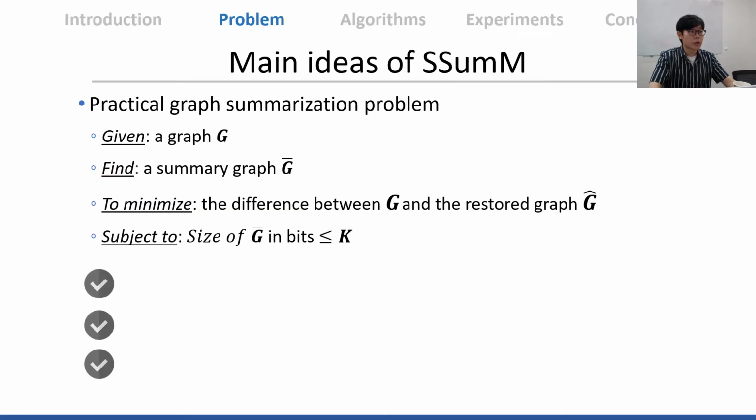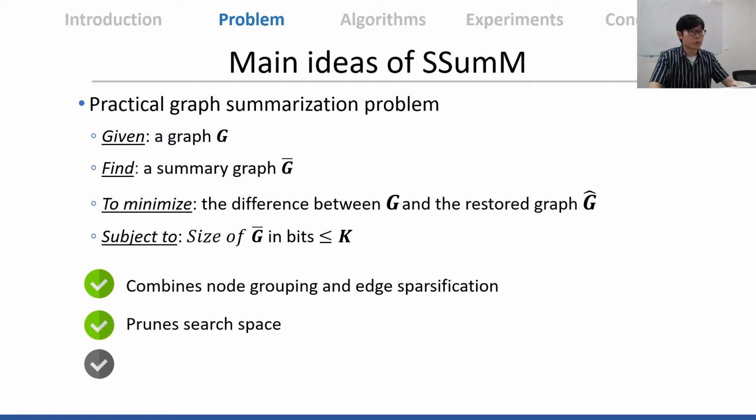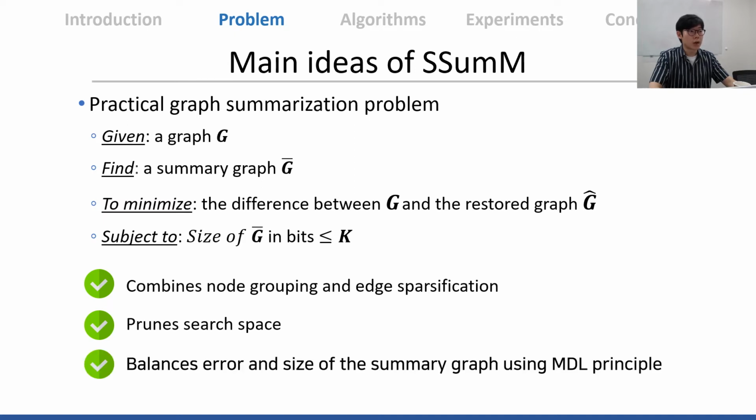Now that we have formally defined our graph summarization problem, we present SSumM, a fast, compact, and linearly scalable solution. SSumM is based on 3 main ideas. First, SSumM smoothly combines node grouping and edge sparsification, 2 widely used compression strategies. Second, SSumM prunes search space by focusing on promising node pairs to be merged. Lastly, during the search, SSumM carefully balances the reconstruction error and size of the summary graph using the minimum description